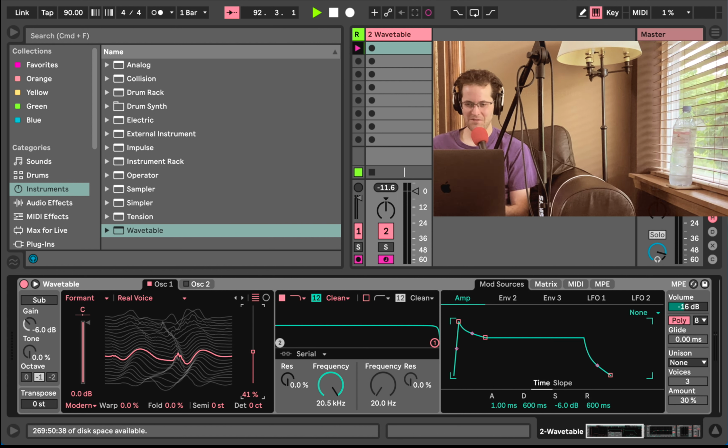Because we're basically going to see some sorcery, and at the very least, you're going to know what's really interesting. Anyway, so we're going to leave this Wavetable open here, and we're going to insert another MIDI track,